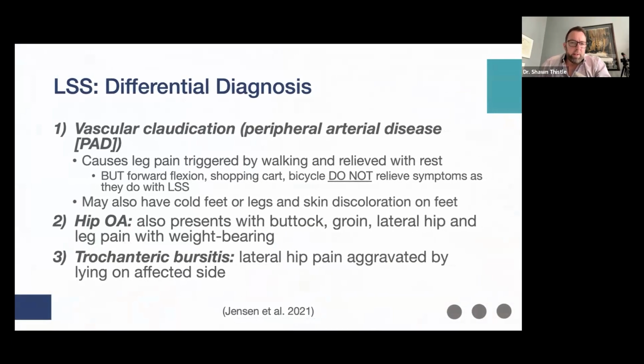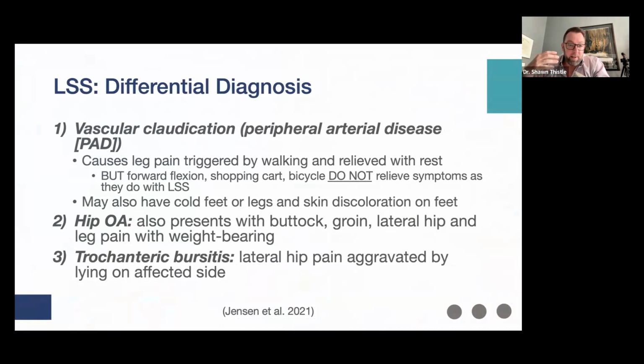So let's shift into a bit of differential diagnosis. One of them is vascular claudication, and we can refer to this as peripheral arterial disease. These can certainly mimic spinal stenosis. They can also coexist. You can have two different pathologies leading to the same condition, if that makes sense. The differentiating factor here, and we're going to spend a few minutes on it, is this causes leg pain, which